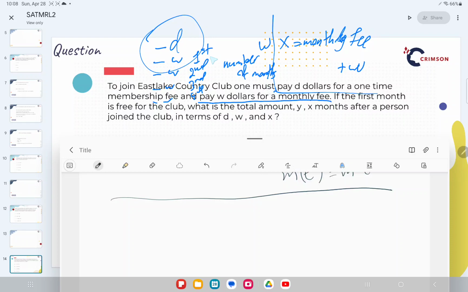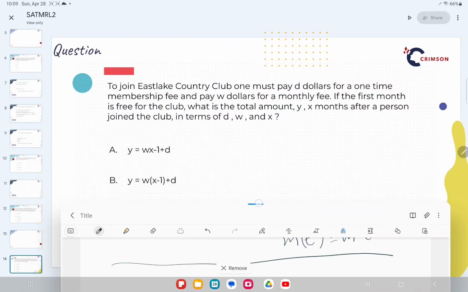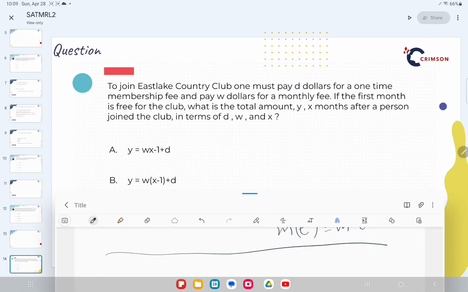If they're going to give me a free month, my first month is going to be free. So let's do that again. Minus W plus W. Now this balances it out. And then the rest of the months I'm still going to have to pay, and I have a minus D here. So here, this is my free month. Now let's look at it in depth. So I've got